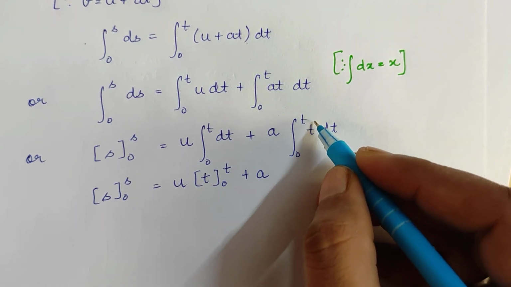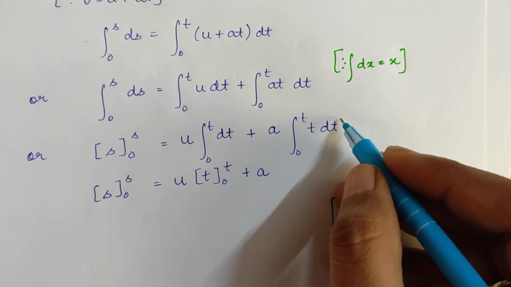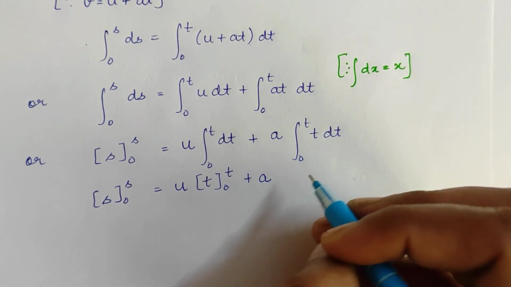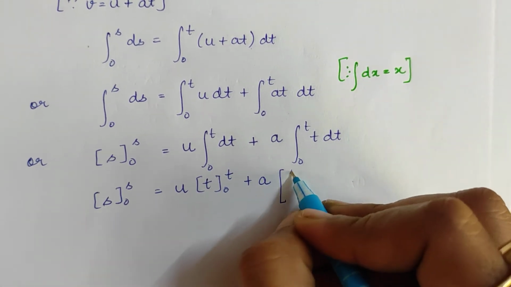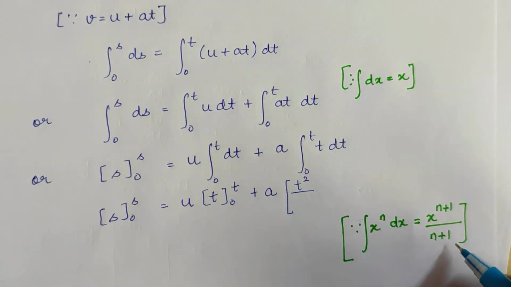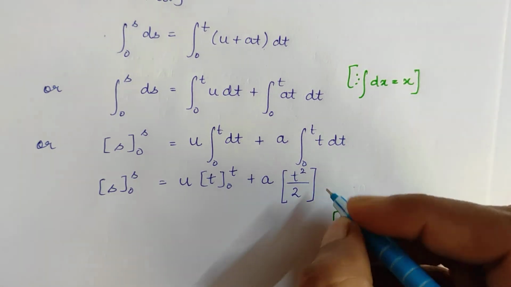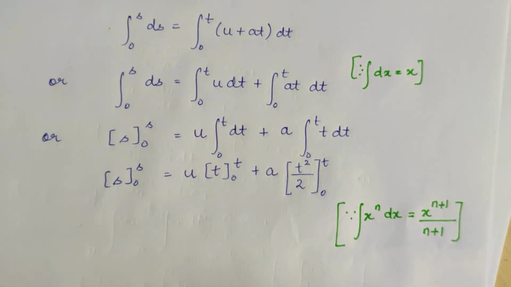Fine. So we will use this formula of integration here, and we will get, on solving this, as the power of this is 1, so n plus 1 will give us t raised to the power 1 plus 1, which is t raised to the power 2. So we will get t raised to the power 2 upon n plus 1, again 1 plus 1, 2. Fine. Within the limits 0 to t.